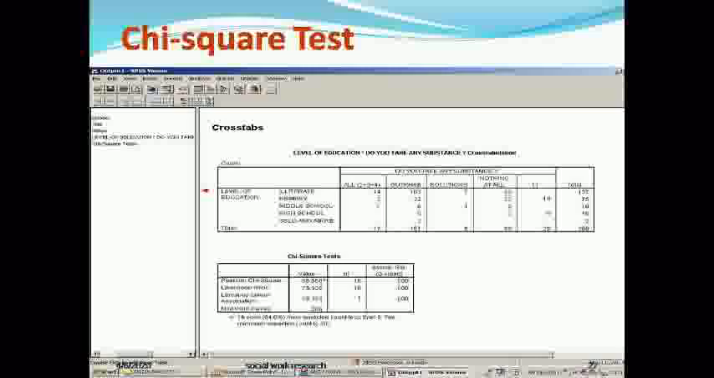You will find all the levels of significance. There are three procedures used: Pearson's chi-square, likelihood ratio, linear by linear association. All these three values, you find the level of significance 000. What does it mean? There is a significant difference between girls and boys